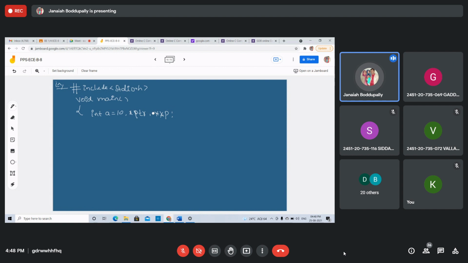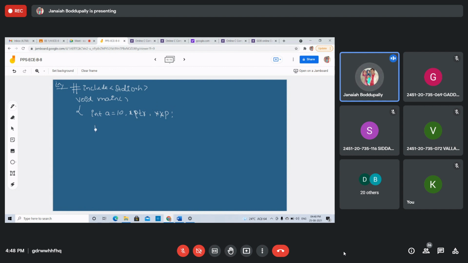Ptr is the pointer variable which stores the address of the a variable, which points to the variable a. P is the pointer variable which points to the pointer variable, one more pointer variable which holds the address of variable a. Right? See this. Now, declaration is over.